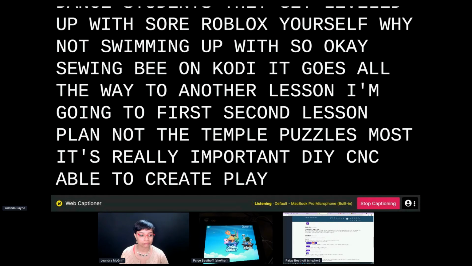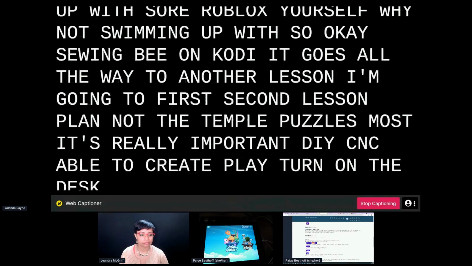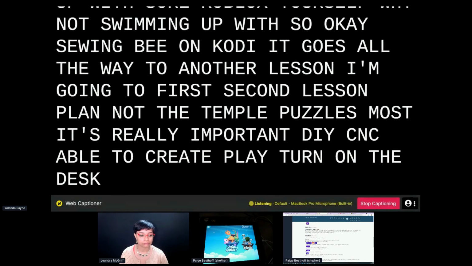So the unplugged activity in this case would be to pair up students, but if you're socially distancing, you don't have to put them in pairs, and have them start drumming out a rhythm on the desk. And they can drum anything they want. So they can just make a little tap.